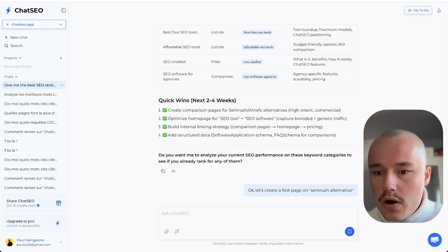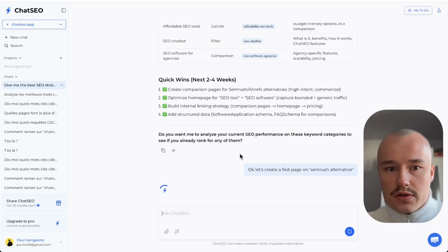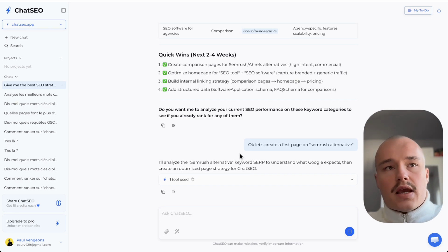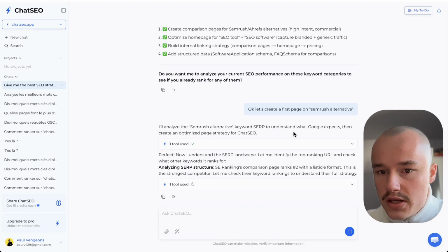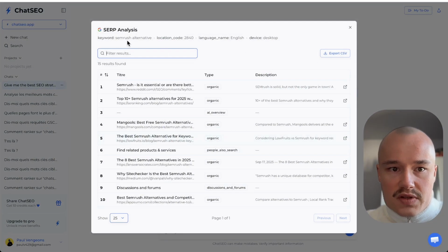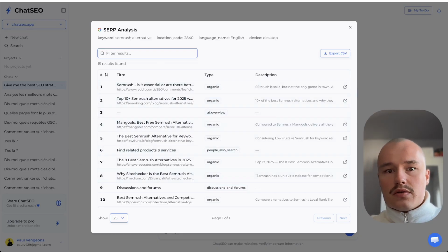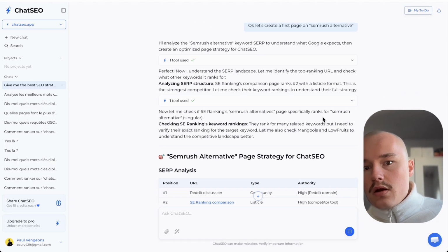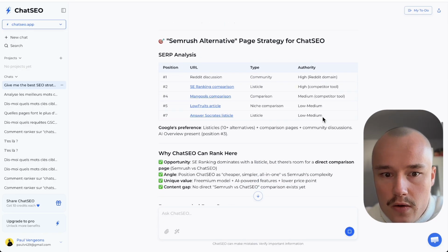And you will see it will do a really great job, because I'm an SEO expert, SEO consultant since 2020, and I made this tool so that it can follow my expert processes. So for example, here it is just typing SEMrush alternative on Google. You can see here SEMrush alternative, and then it analyzes what are the best ranking pages on that specific keyword. So that's really nice, because it understands what Google expects for these specific keywords,